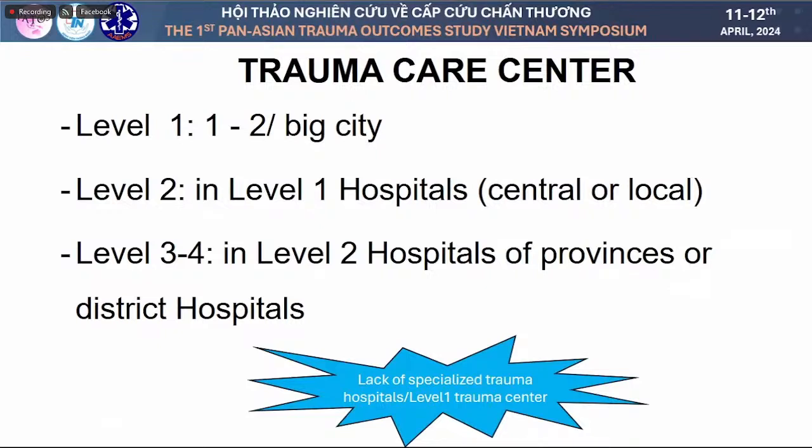For the trauma care center, for every big city we have only one or two centers. The level 1 hospitals are central or local, and the level 3 or level 4 are also in the level 2 hospitals of the province and the district hospitals. So we have